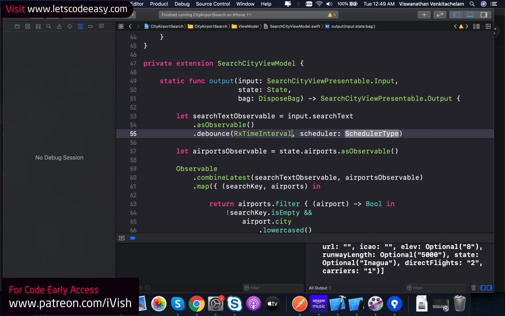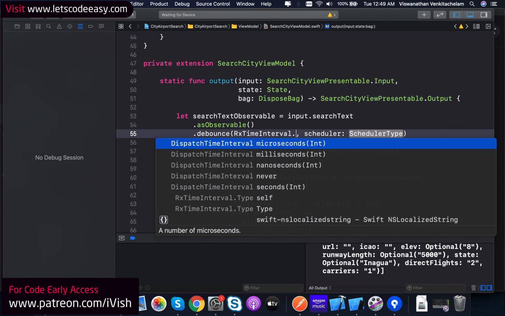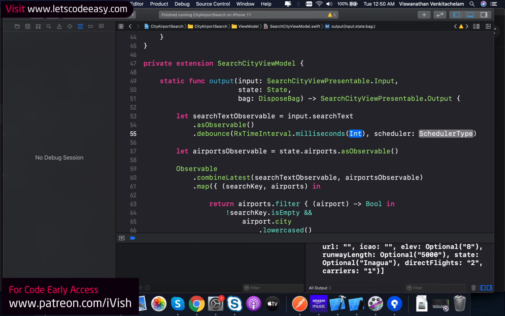some values within this time duration which you are specifying, let's say if it is 300 milliseconds, it's only going to take the last value. If there is any gap between the first and the second, and if it is more than 300, then it's going to take that last value. But if it falls within this 300 milliseconds, whatever typing entry you're making, let's say if you're